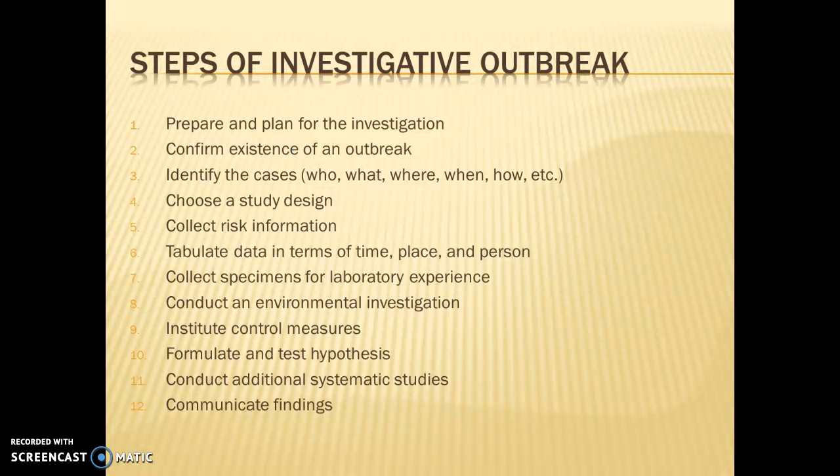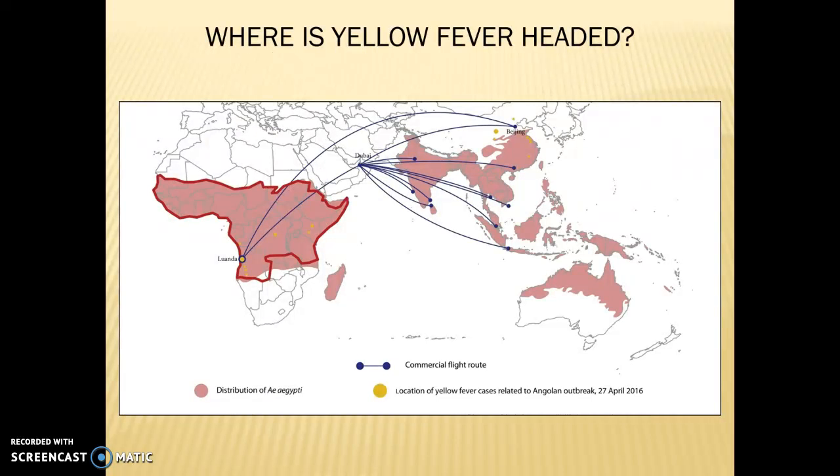So as an outbreak investigator or epidemiologist, there are some steps that we need to follow in order to be able to investigate, well, gee, where are these outbreaks? When are they happening? Who's involved? How is it coming to transpire? And follow really a methodical approach of data collection and being able to take that data and form a hypothesis in order to support how these outbreaks are happening and how we can prevent them from occurring and ultimately protect the public. So where is yellow fever headed?